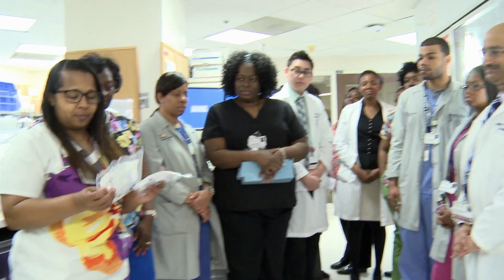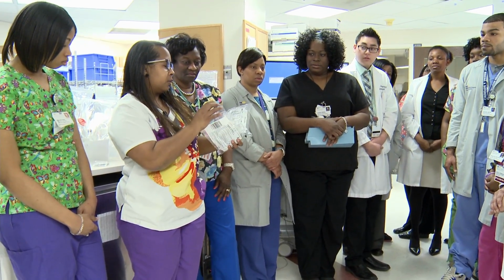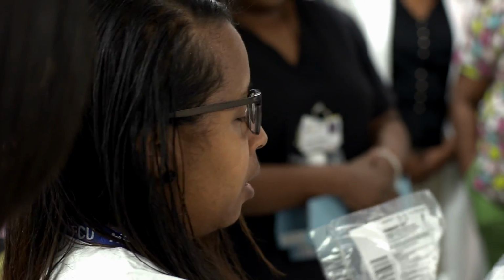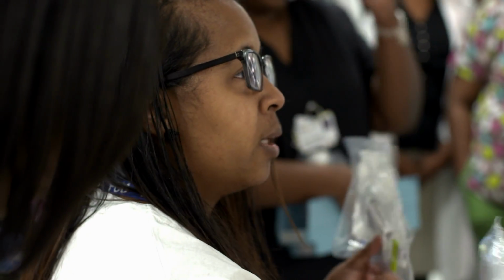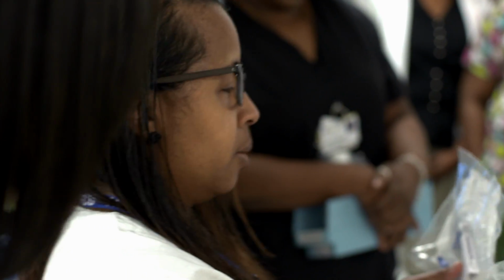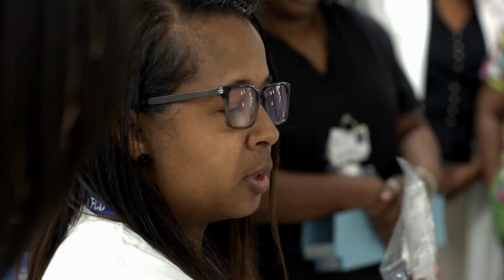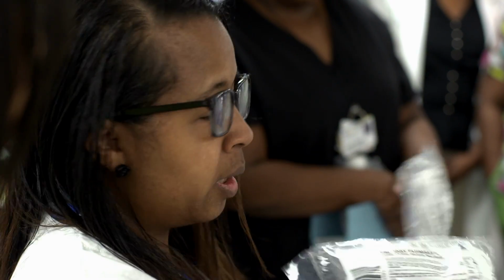Erica, you have one? Yeah. We want everyone, when you're doing floor stock, please pay attention to the codes, the numbers. They tell you where the tubing goes. Because when you don't pay attention, they get confused, and it could affect when we're doing IVs, especially with chemos or anything. Patients are waiting on them, but we don't have the right tubing, and then we have to hunt around to find where the right tubing is. And if you don't know, you can just ask someone, and anyone in the IV room can tell you where